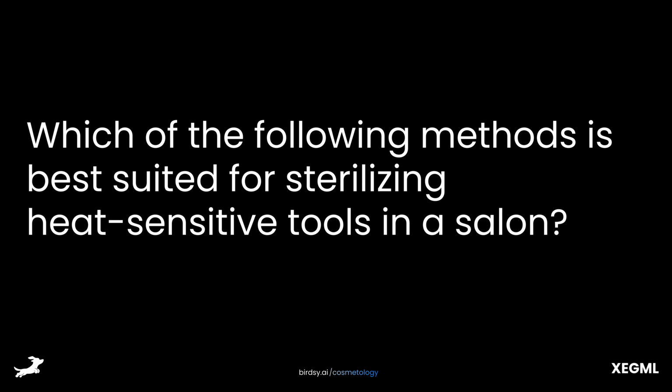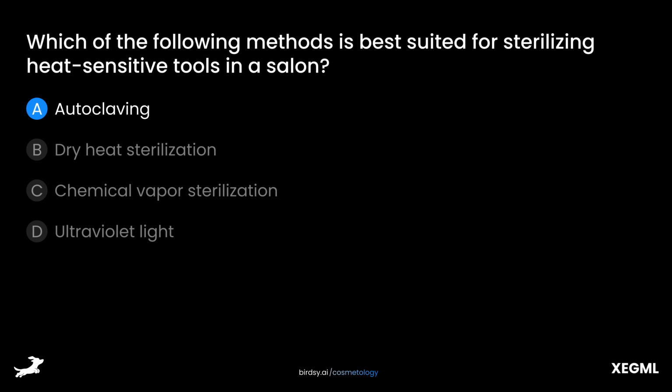Which of the following methods is best suited for sterilizing heat-sensitive tools in a salon? Is it A, autoclaving, B, dry heat sterilization, C, chemical vapor sterilization, or D, ultraviolet light? The answer is C,